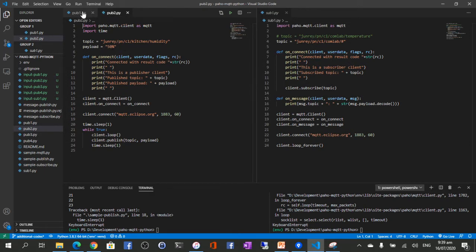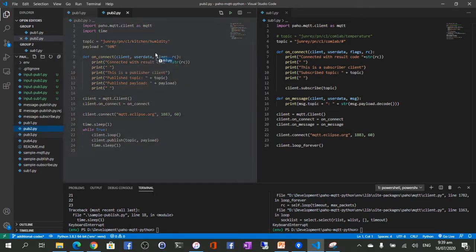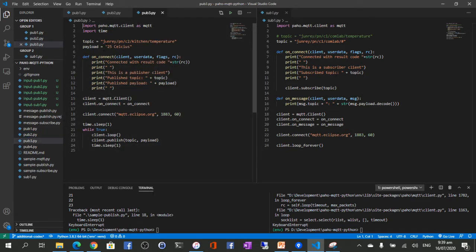So pub1 will publish the temperature of the CumLab in C1, and pub2 will publish the humidity of the kitchen in C1. Then pub3 is on genre, PN, C2, kitchen temperature, with a payload of 25 degrees Celsius. And for pub4, the topic is genre, PN, C2, CumLab, humidity, with a payload of 75%.